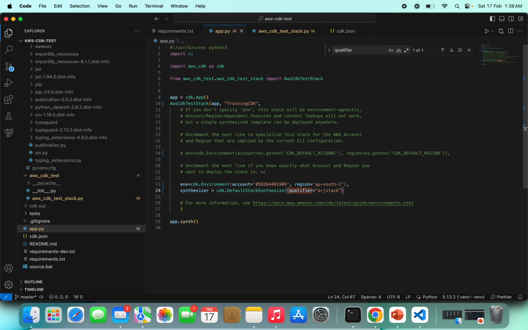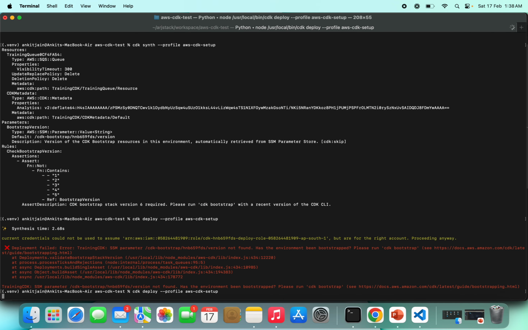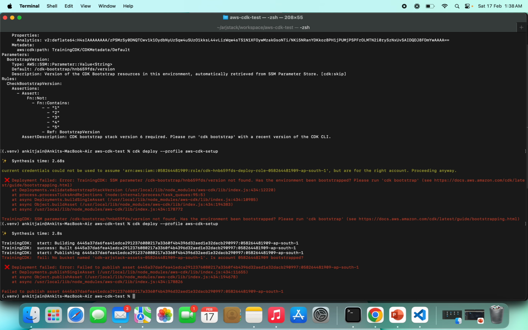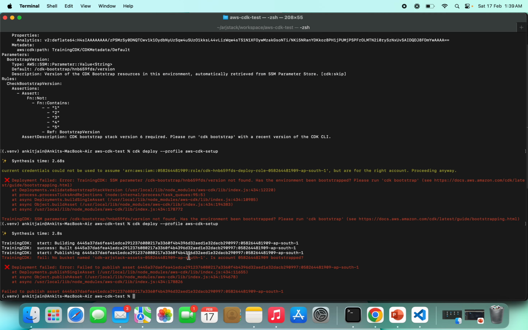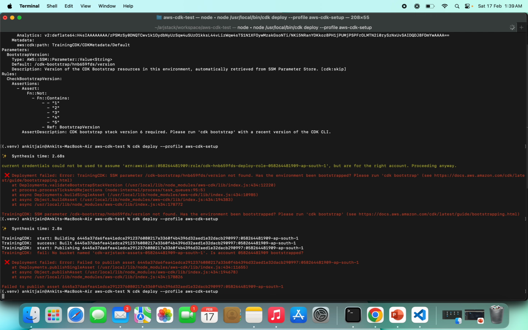I have now defined the qualifier, and if I try to deploy now, it is able to synthesize for the SSM parameter, but then it says that this bucket is not found because the bucket name was again different, right? So I'll change this value now